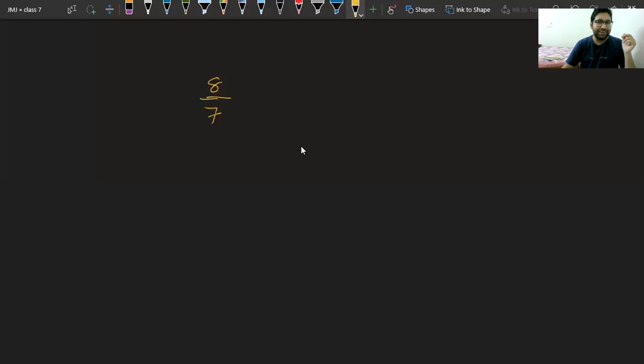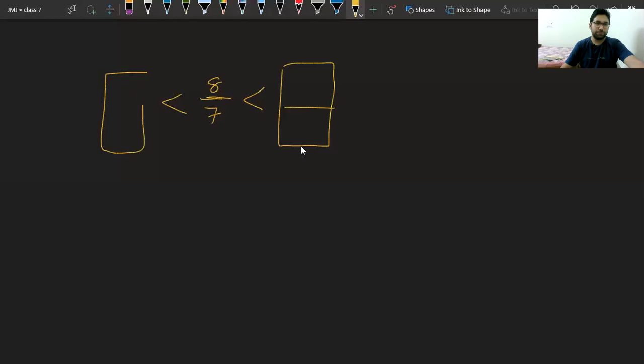Can you tell me, this 8 by 7 is lying between which two numbers? Similar to the way we did yesterday, please tell me between which two integers this rational number is lying. It is lying between, no Naman, no Naman, it is not an integer that you are giving me. An integer should be a perfect factor. 7 and 9, no. Bani, correct. Others, please try.